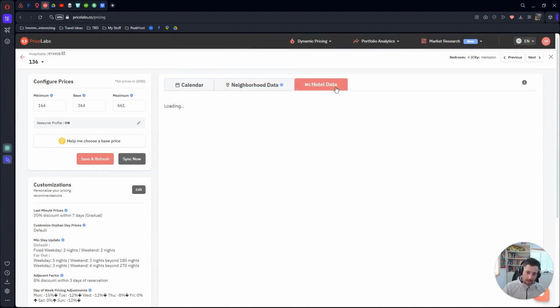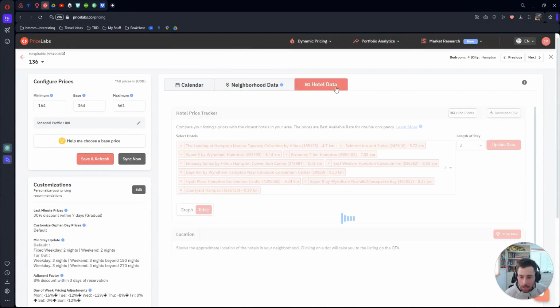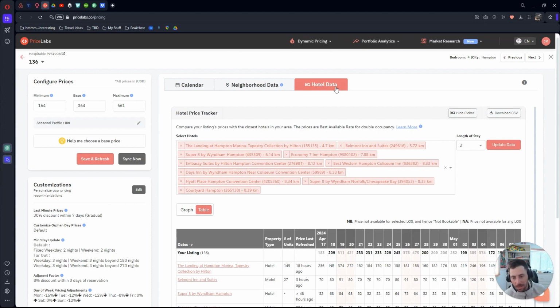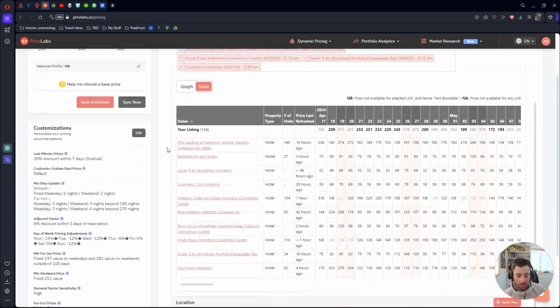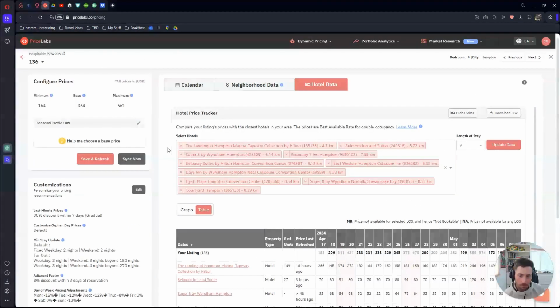Next is hotel data. To be honest, I'm not that versed with this. I think I used it maybe one time, when we were first getting this going. I would feel this is best for smaller units, maybe condos or an area. One that comes to mind would be like the coast of Florida, where there are many timeshares and hotels that you're competing against. You would want to see exactly where some of those timeshares come in pricing, because timeshares, honestly,